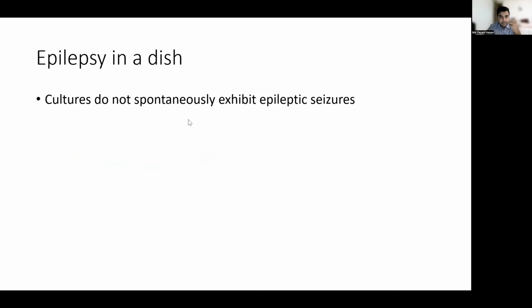So with this background, what I was trying to do during my PhD was to make an epilepsy model in a dish. Epilepsy was my main focus at that time. When I first got into this research work, I found that the main problem with epilepsy in a dish is that, if it's not a genetic epilepsy, these cultures don't normally have epileptic seizure-like activities. You have to put PTZ or some other chemicals to make them produce these epileptic seizure-like bursts.